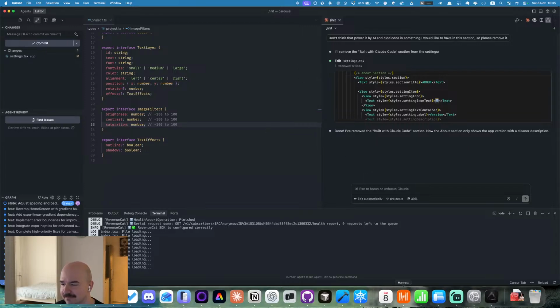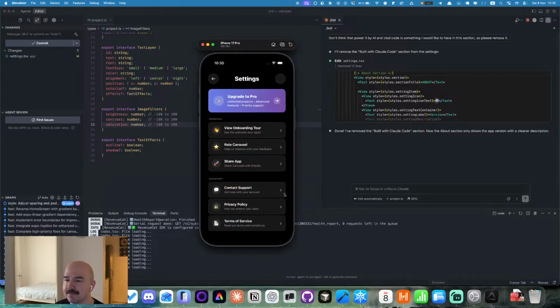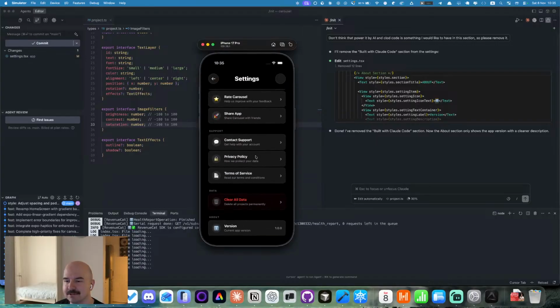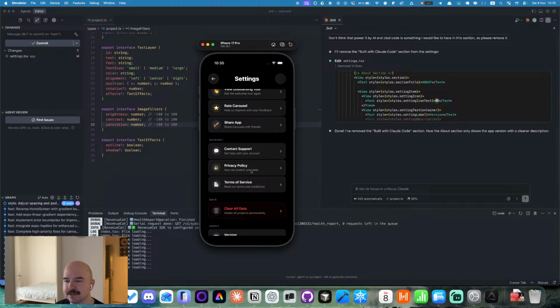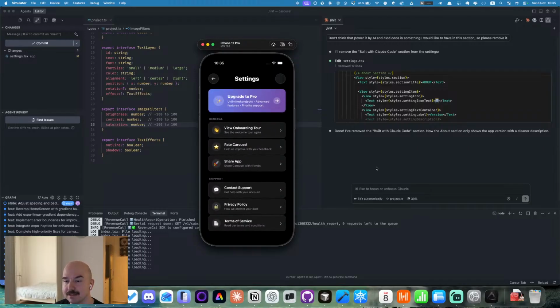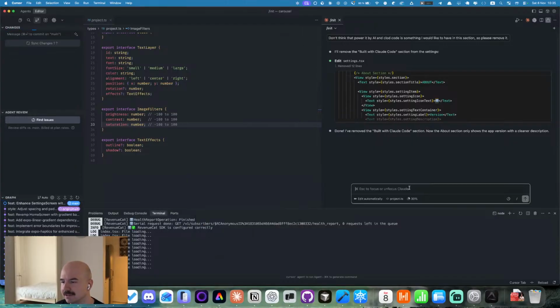So yeah, we have removed this thing here. Okay, we have just version, terms of service, privacy policy, that's all. Okay, let's commit it. I like it. I don't like this button here, but... So let's code the behavior for these buttons, and also don't forget about localization, please.